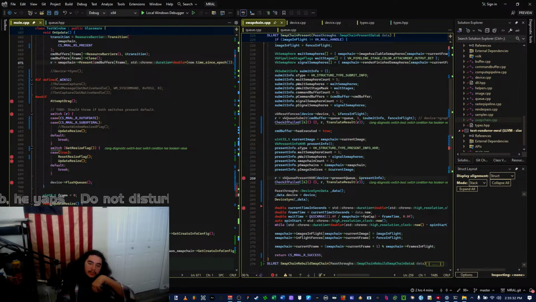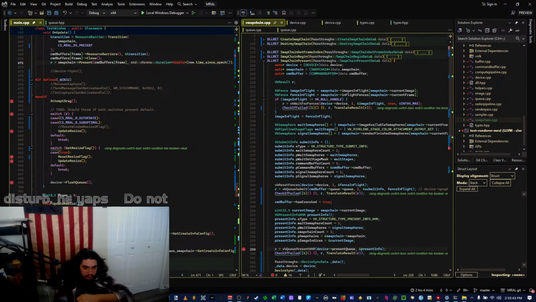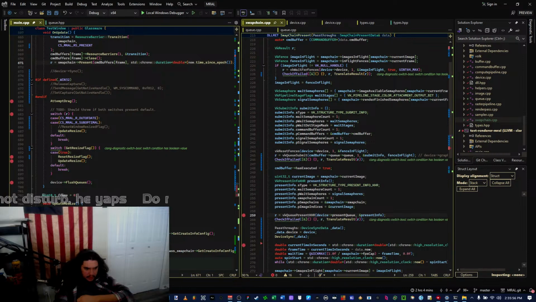My slightly older code. Same so far, same so far.